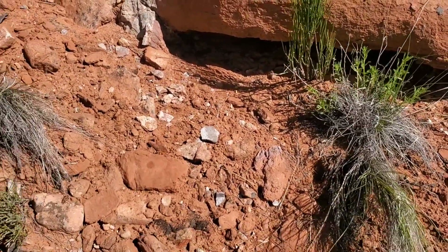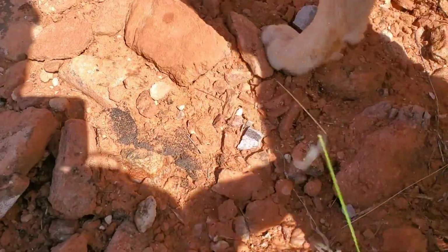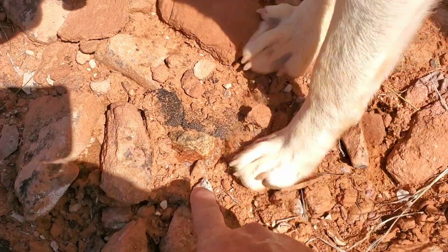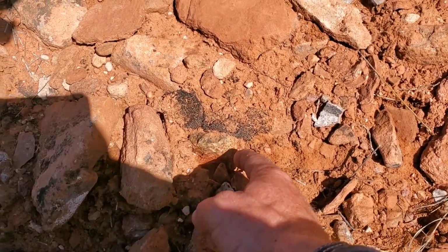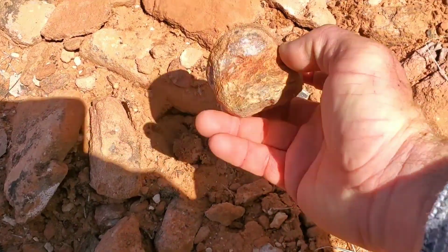Not all artifacts are obvious. Wonder if you guys can spot the artifact right here. I'm not talking about the pottery piece. I'm talking about this right here. So this might not be cool to some of you,